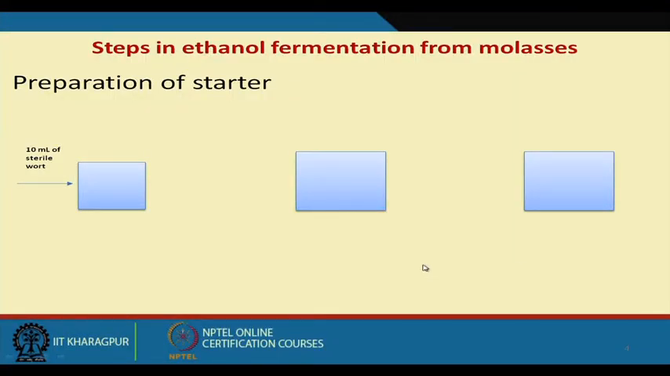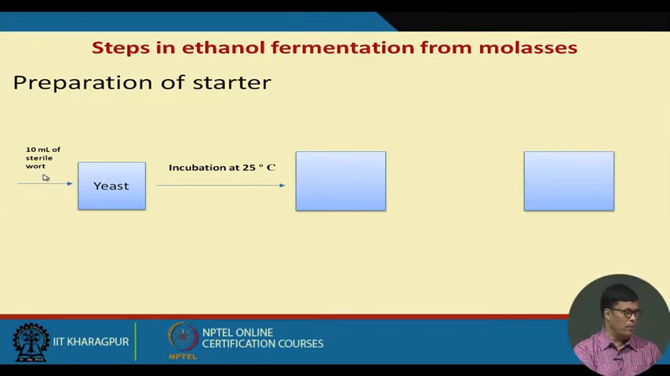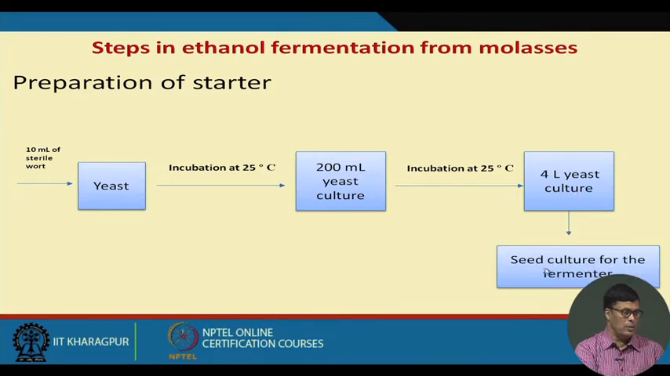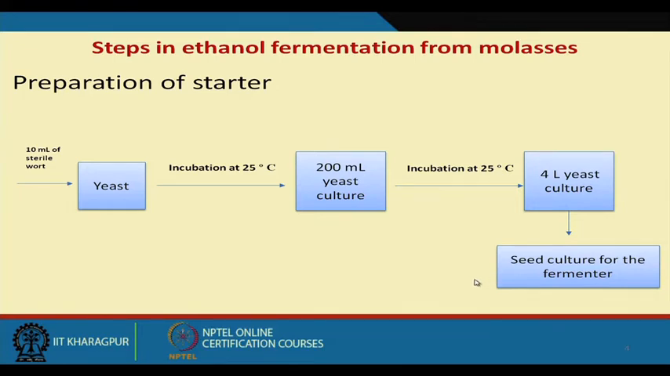Now, the first step is the preparation of starter, because we have 10 milliliter of sterile oat. Oat is a liquefied starchy material, and this is suitable for the fermentation purpose, and this is where yeast is grown, and then we incubate at 25 degrees centigrade, then put it in 200 milliliter of yeast culture, then we incubate again at 25 degrees centigrade to the 4 liter yeast culture. Then with this yeast culture we produce the inoculum in the inoculum vessels, then finally we put it